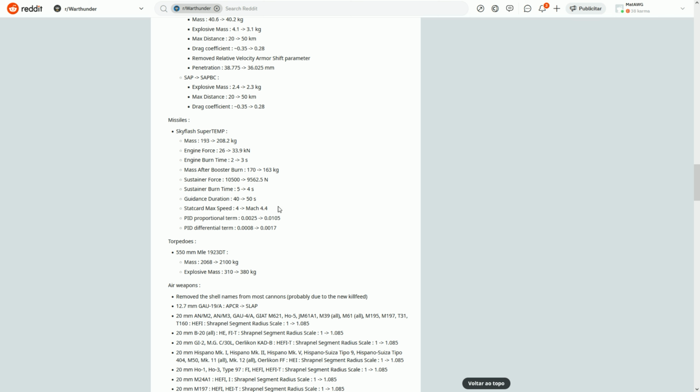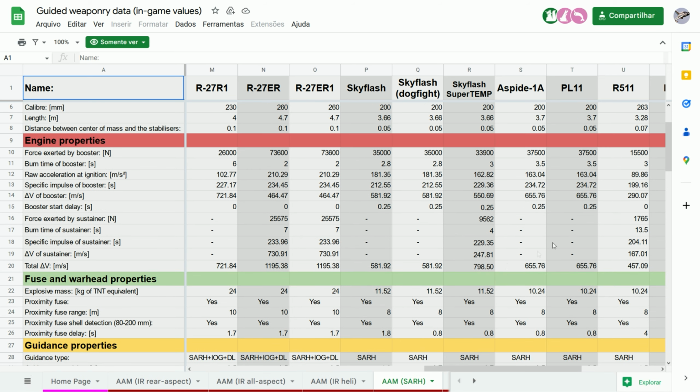You can see by the data from this, I will show you. So you see, for example, here we have 800 total delta V of the Super Temp. It was closer to 700 in the dev. So it was like 712 or something like that. I don't know exactly the number, but yeah, it is now